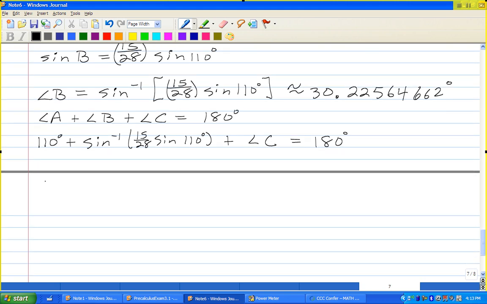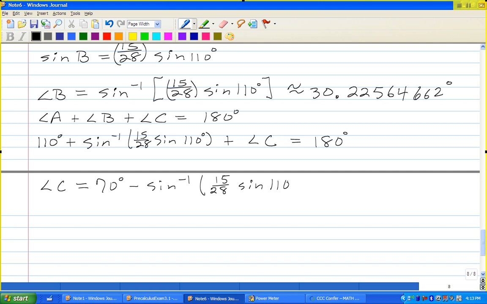And so the measure of angle C is going to be 70 minus inverse sine 15 over 28 sine of 110 degrees. Okay, which is approximately